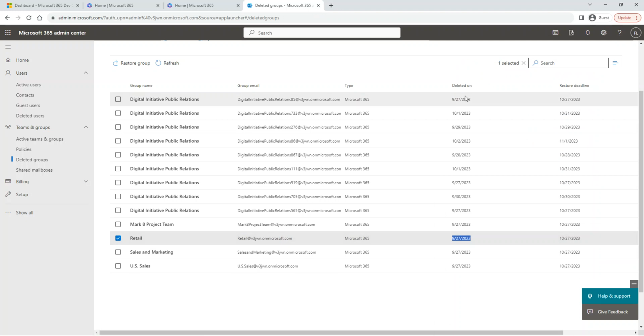This was deleted on 9/7/27. Microsoft is lying. Oh, the restore deadline is 10/27. 9/27 was a month ago, last month, but we never had it. Forget about it.